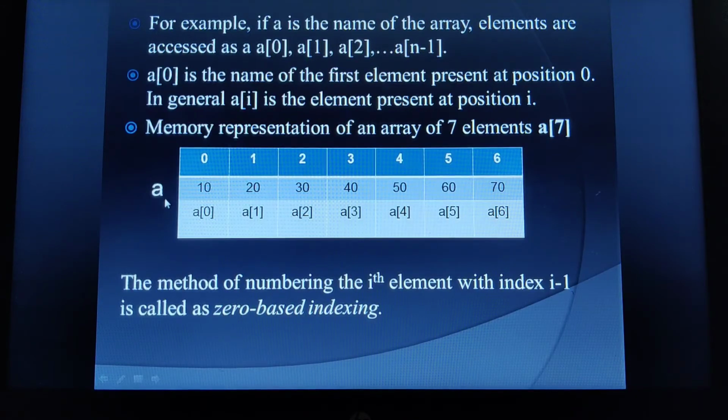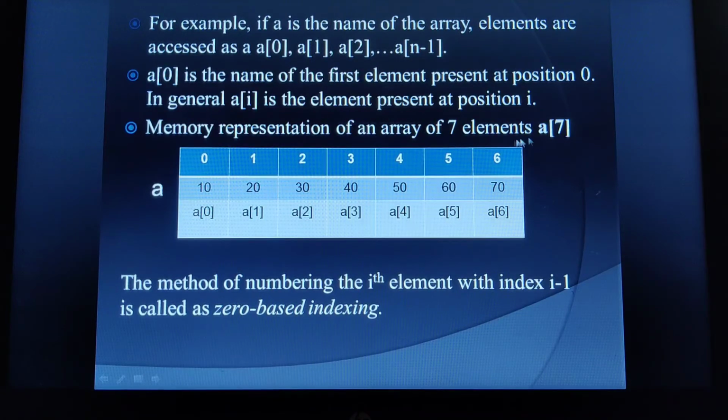Now looking at this array, what is the size of the array? Here 7 elements are there, which means the size of the array would be 7, children, because here we are starting the subscript from 0.